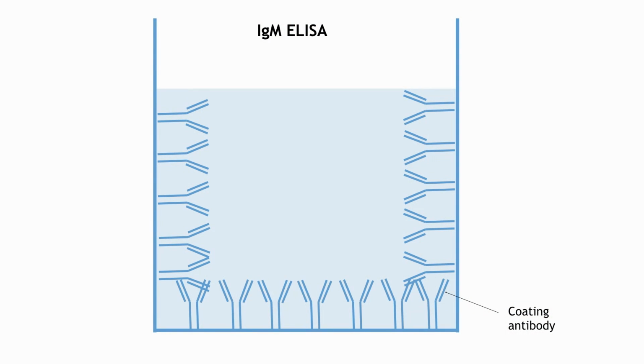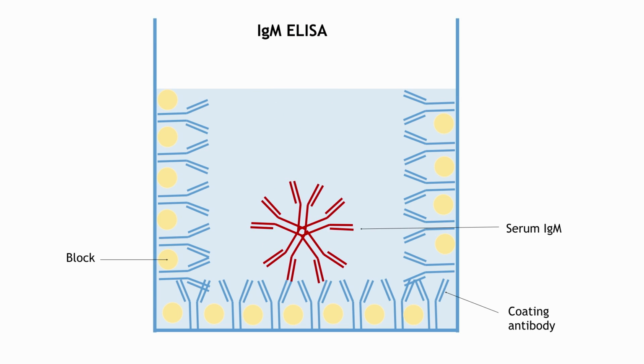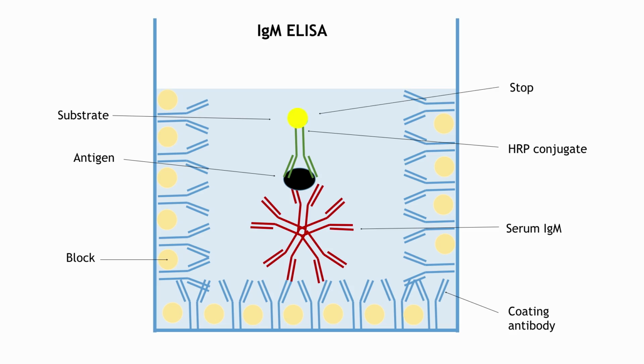Because IgG accounts for the majority of the serum antibody fraction, the IgM ELISA is configured to select for IgM, which maximizes the sensitivity of the assay. This is accomplished by coating the microtiter plates with anti-human IgM antibody, which attaches to the IgM in the serum, and the IgG is washed away. After serum addition, antigen is added, which is the source of the specificity of the test. An anti-flavivirus horseradish peroxidase conjugate is used to detect the reactions, and a TMB substrate is used to develop the